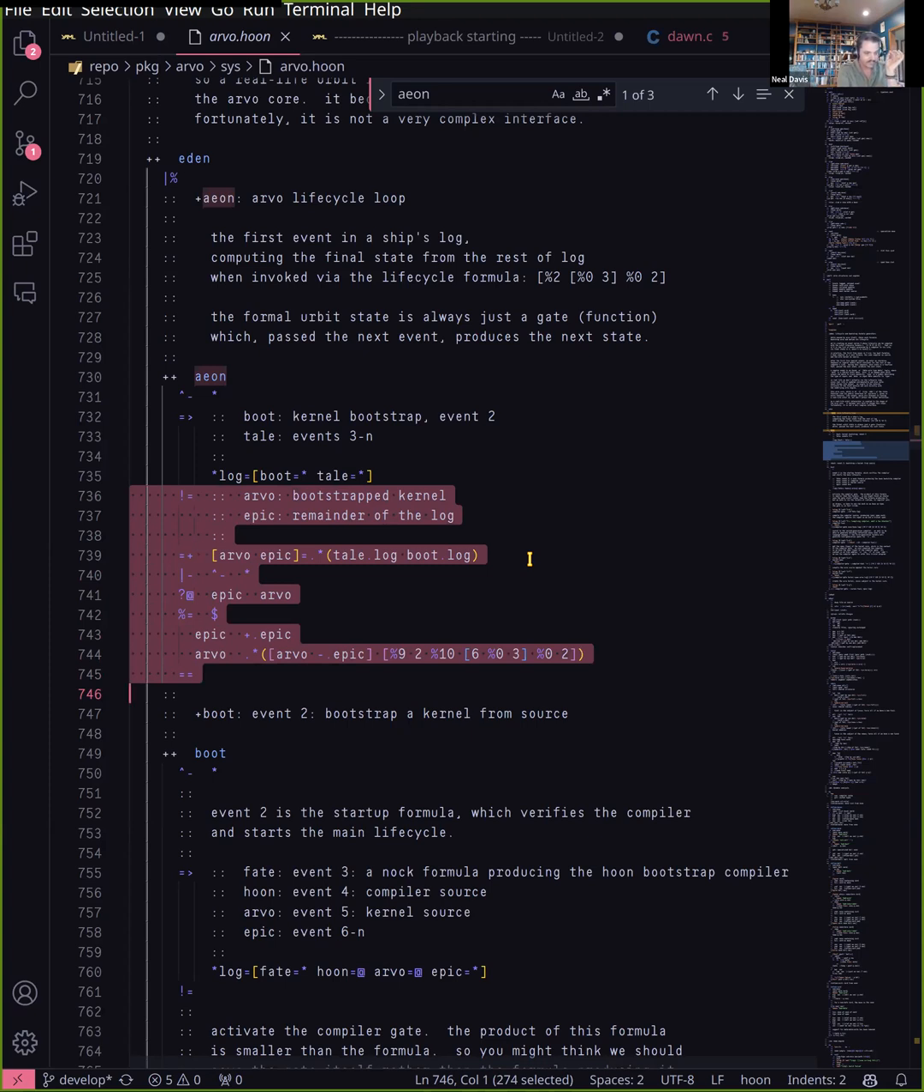And since the formal Urbit state, as it says on line 727, is always a gate, which past the next event produces the next state, which is also a gate, this is what we're doing with this zap-tiz here. So we have been provided log, and so we're going to have Arvo and Epic. Arvo is your stateless kernel, and this is your kernel without any knowledge of identity or whatever. It's just basically